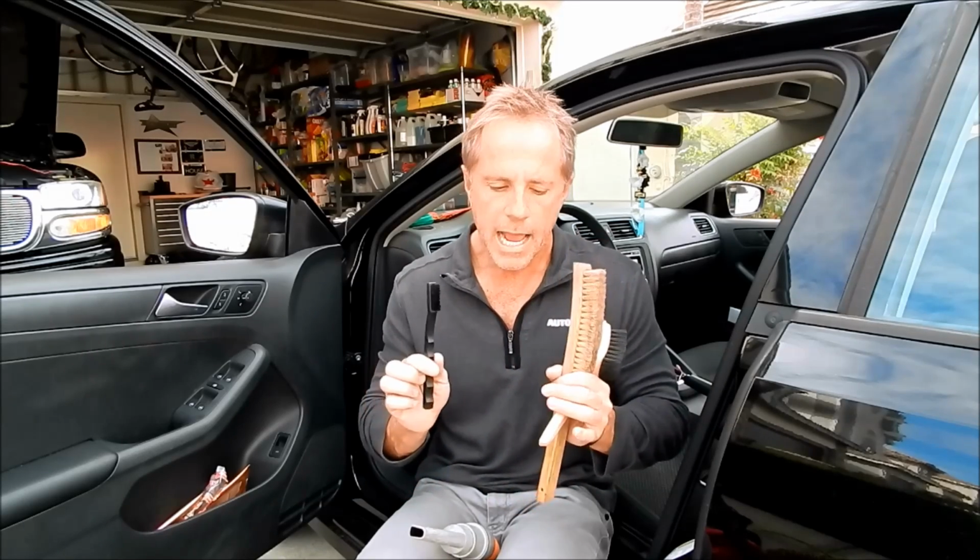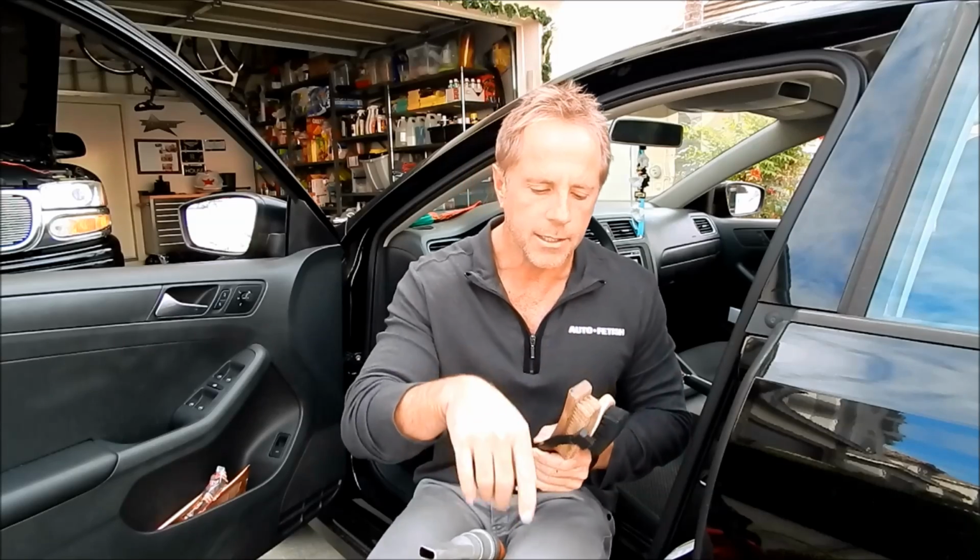So this is why I have so many brushes in what I call my interior detailing caddy, and I'm constantly looking for places for new brushes. This is my latest brush. It's got this little tight wedge, and it's got these little tight, stiff nylon bristles to it. And then on the opposite end, it's got some longer, wider, just as stiff, but because they're longer, they become